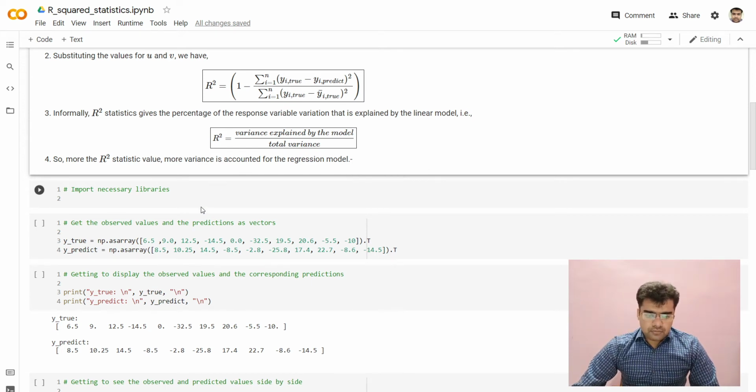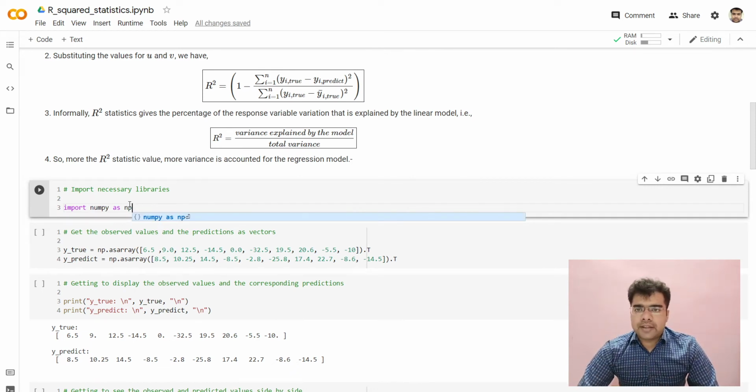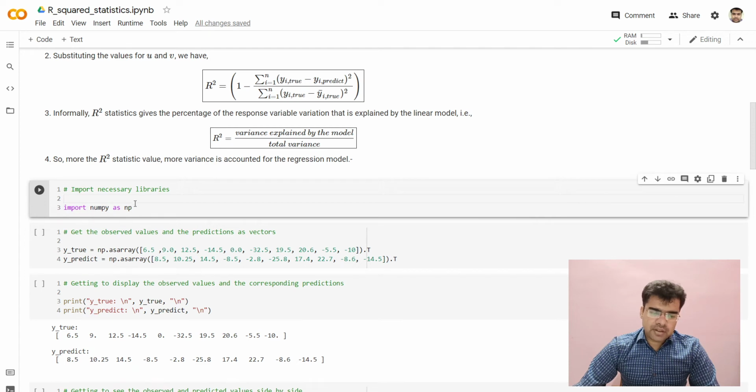So to start with, I will be importing the NumPy library. Why is it so? Because I have to work with numbers and arrays. In order to work with arrays, I will be using the NumPy library, and I will be importing it with the alias name np. Why I'm choosing the alias name is because every time I do not want to use the NumPy name. So instead of writing NumPy again and again, I will choose a very small alias name, and in this case, I have chosen np. Okay, so I will run this cell. Now, the moment I have run this cell, my NumPy library has been imported.